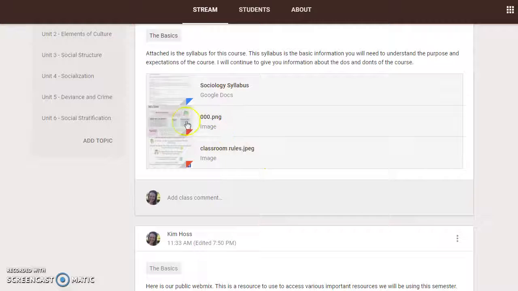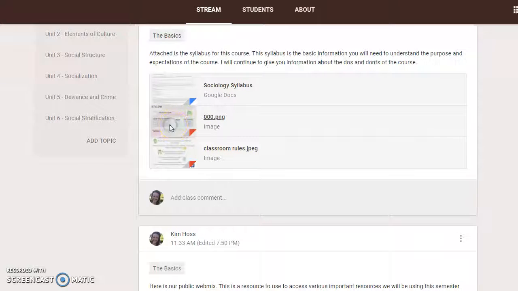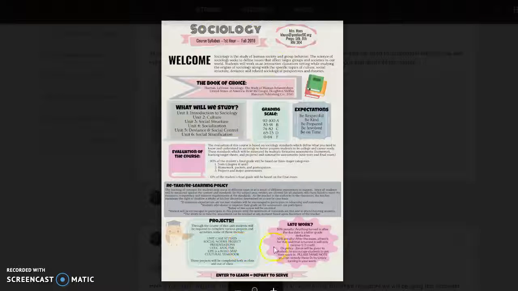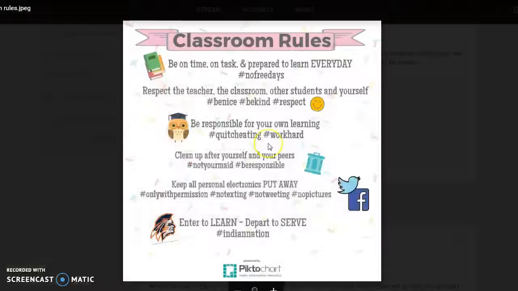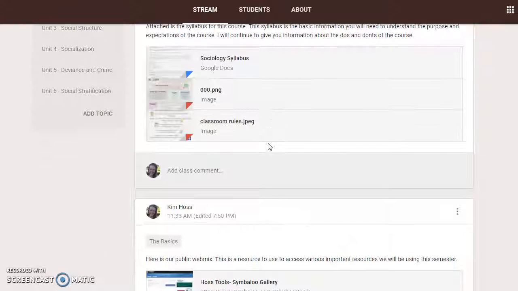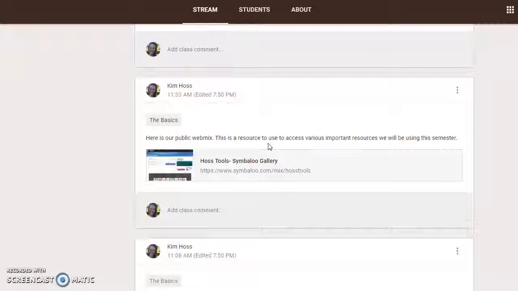I've used Piktochart here to create my syllabus, which, as you can see right here, and then classroom rules, also using Piktochart, which is an online creative tool for creating infographics. I also created my own Symbaloo,